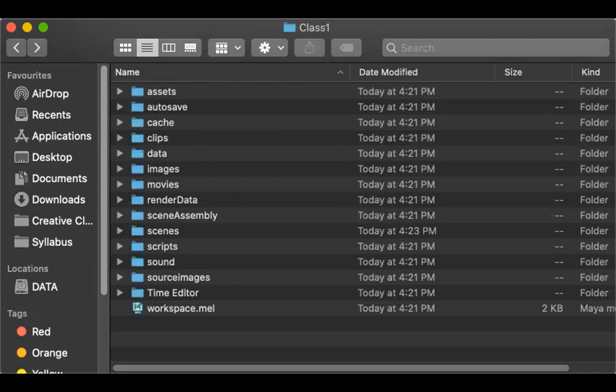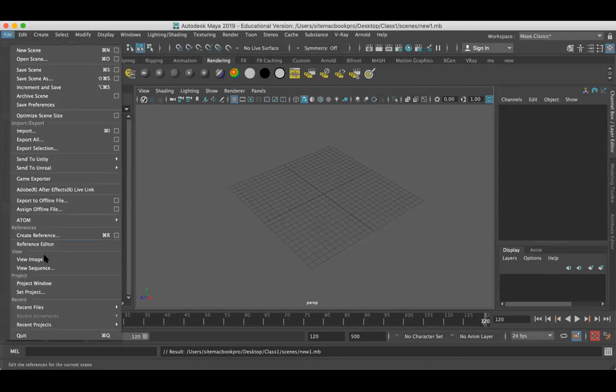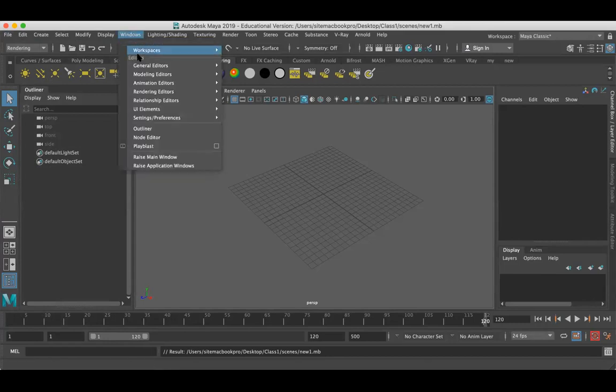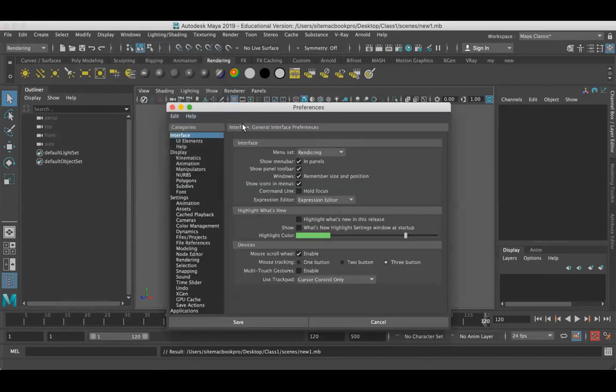So we learned how to create a new project window. Now the next part is to go to Window. This is something very important. Go to Window, and at the last, under Settings/Preferences, you can find Preferences. Go to Preferences.